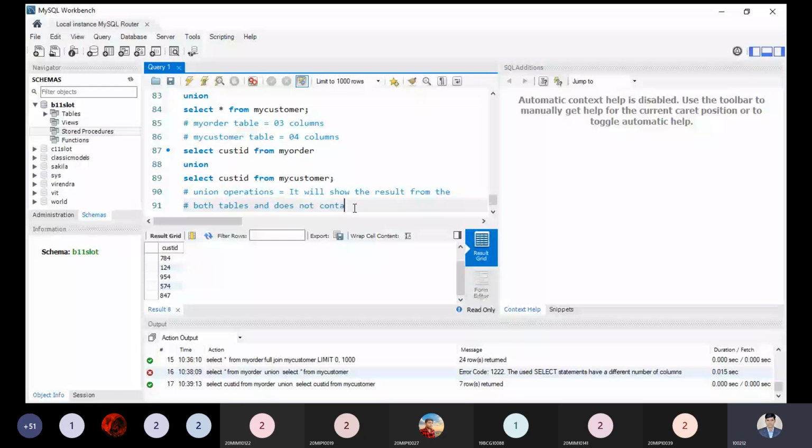This is the definition we have to keep in mind while learning and implementing the union. That is the reason you can also implement the union or another kind of operation.